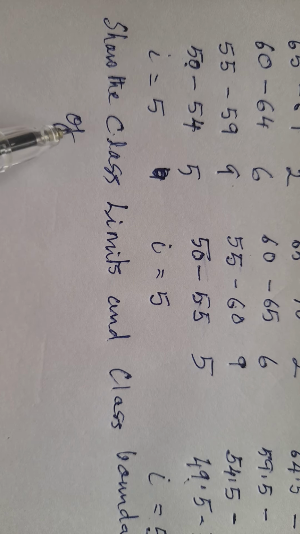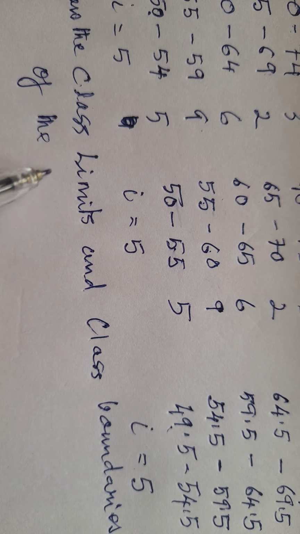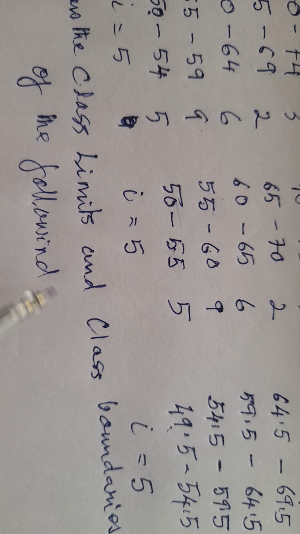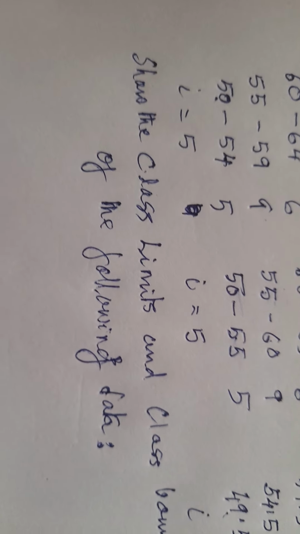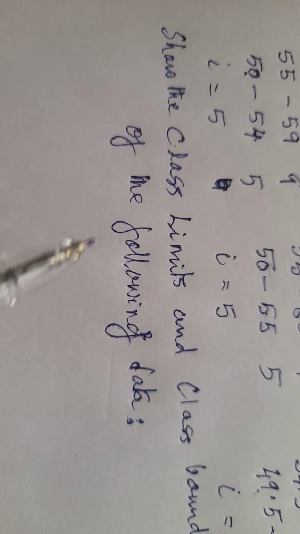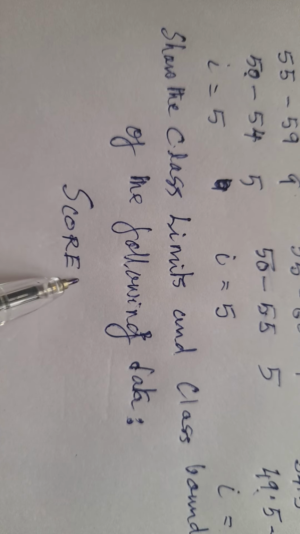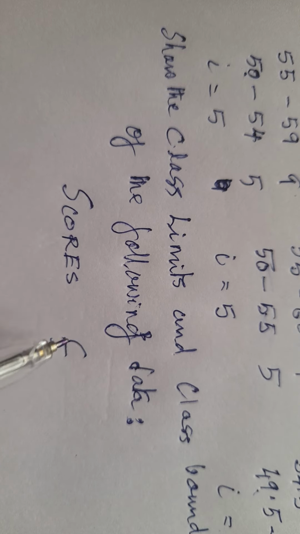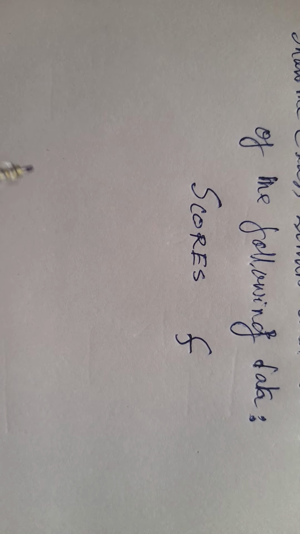of the following data. I am giving you a data, scores. This is the first method, and frequency. I am starting from down as we do. See,